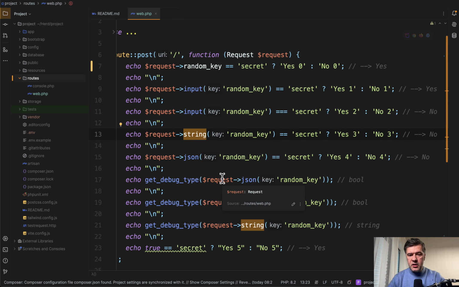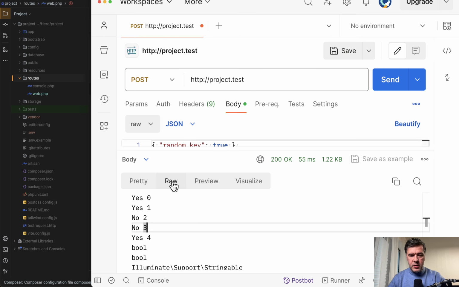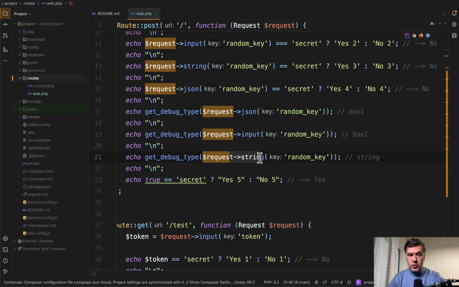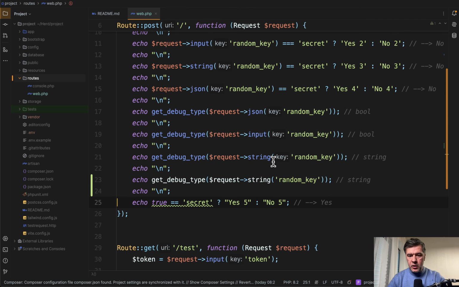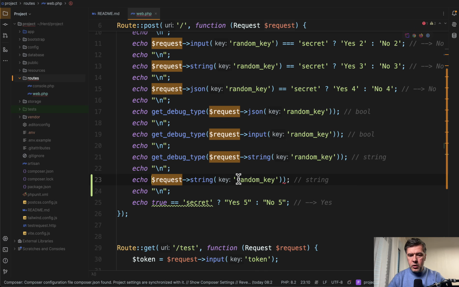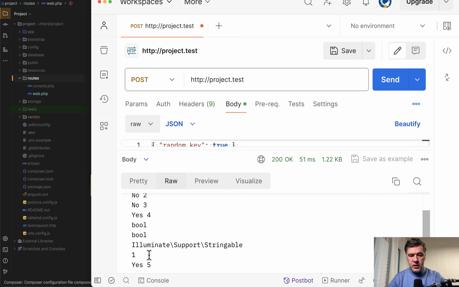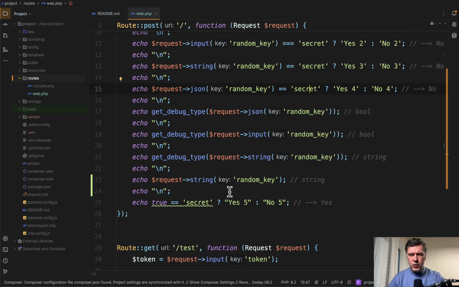Then request JSON, in this case, also returns boolean, which means yes 4, and these are the results of debug type: boolean, boolean, and stringable. So request string will actually return string. Actually, one more thing, what is the actual value? I'm not sure. Is it true or empty? If we go request string from past true in boolean, we send, let's see, and the value is 1. It's even more interesting, so it's converted to 1, which is still not equal to secret, so that's probably safe,